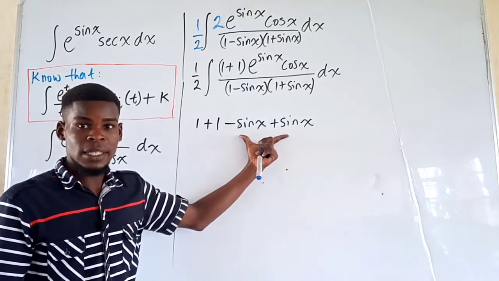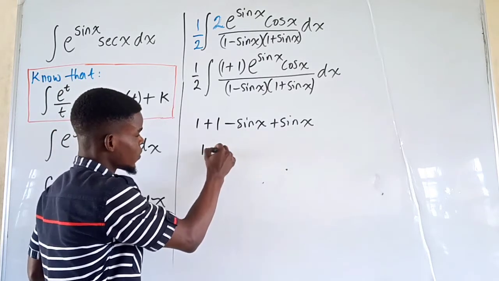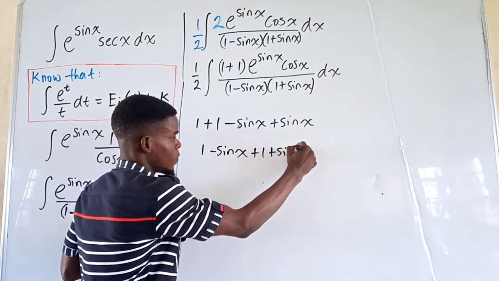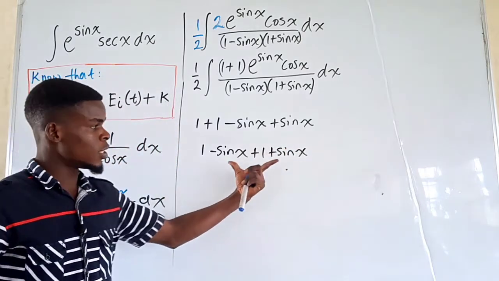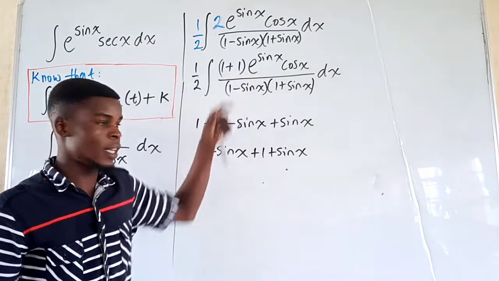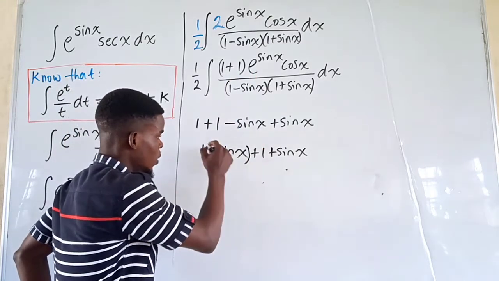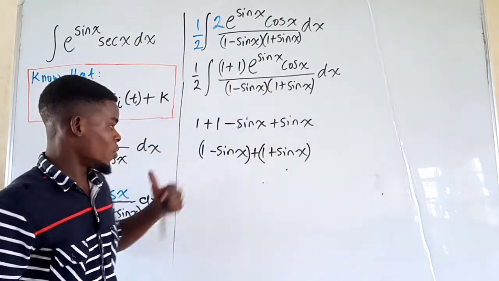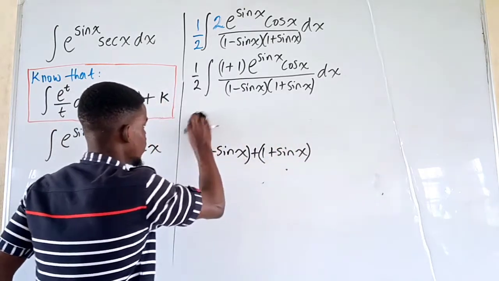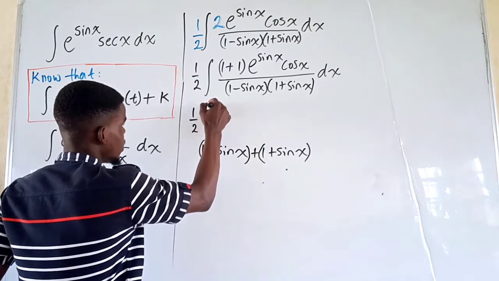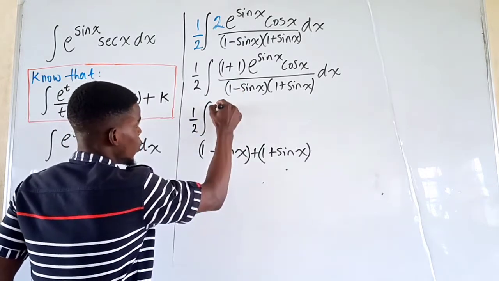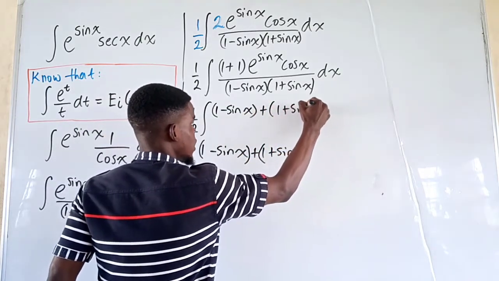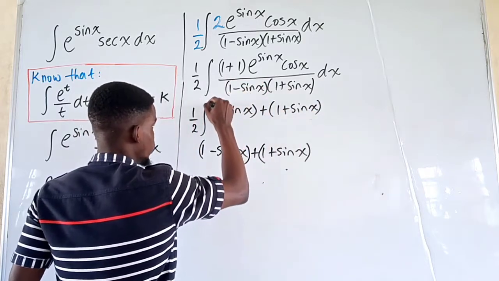So, I can rewrite this as 1 minus sine of x, then plus 1 plus sine of x. Alright? Okay, very nice. So, this is the form I'm going to put back in this place. And when I put that down, I would like to split this into 2 parts instead of being 4. So, this is the way I would like to put it back right there. So, we're going to have 1 over 2 times the integral of, so I'll be writing 1 minus sine of x, then plus 1 plus sine of x, then we multiply everything there with